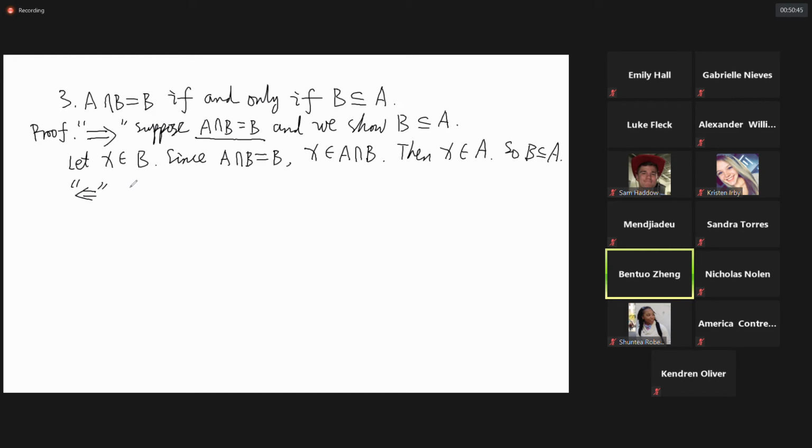And suppose B is a subset of A, and we show A intersect B is equal to B. So to show two sets are equal, we have to show two inclusions. But one inclusion is already there because A intersect B is always a subset of B. A intersect B contains all the elements both in A and B. In particular, all those elements are in B. Since it's obvious that A intersect B is always contained in B, we only prove